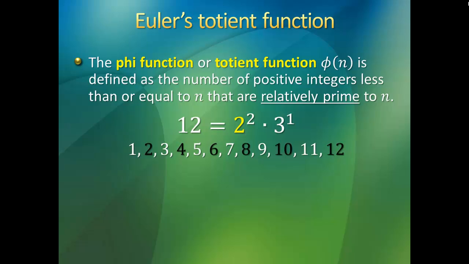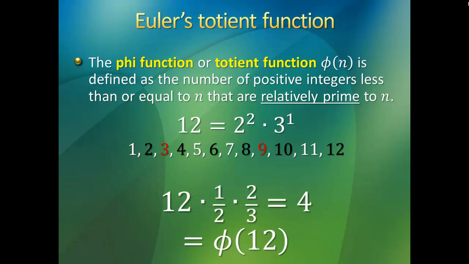Half of the numbers from 1 to 12 fit that description, so the other half will not have a 2. So we take out half of the numbers from 1 to 12, leaving us with 6 of them left. Now let's look at 3. Any number with a 3 in common will have a greatest common divisor of at least 3. So since that fits 1/3 of the numbers, the other 2/3 won't have a 3 anywhere in the list of divisors. So, if we start with 12, multiply by 1/2 to get rid of the multiples of 2, and multiply by 2/3 to get rid of the multiples of 3, we end up with 4 numbers that are relatively prime